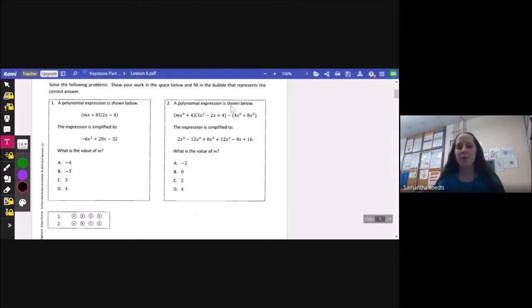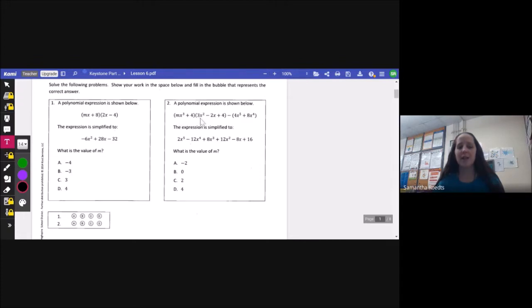Number 2, a polynomial expression is shown below. Mx cubed plus 4 times the quantity 3x squared minus 2x plus 4 minus the quantity 4x to the 5th plus 8x to the 4th. The expression is simplified to 2x to the 5th minus 12x to the 4th plus 8x cubed plus 12x squared minus 8x plus 16. So I know that when I multiply this value, mx cubed times 3x squared,